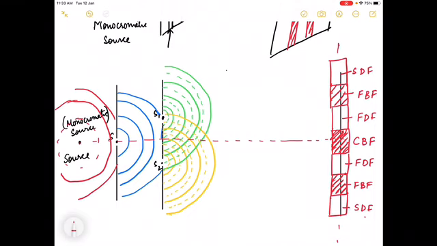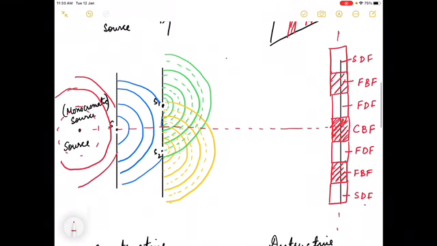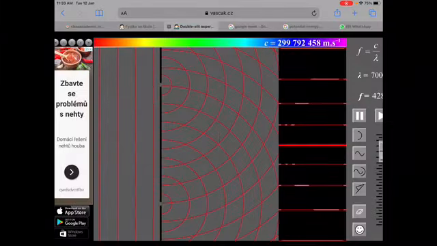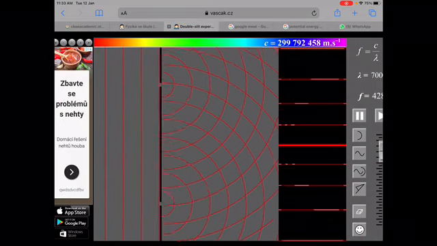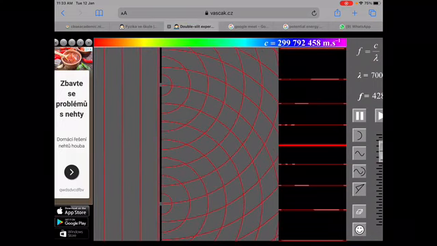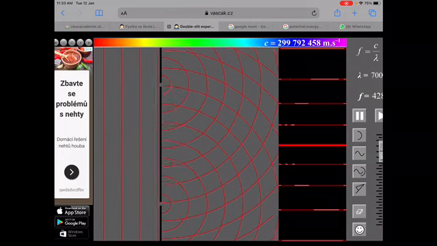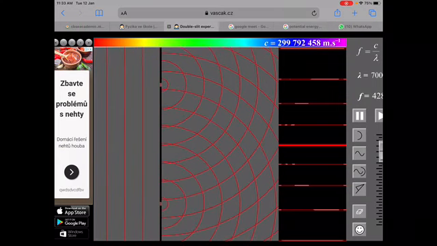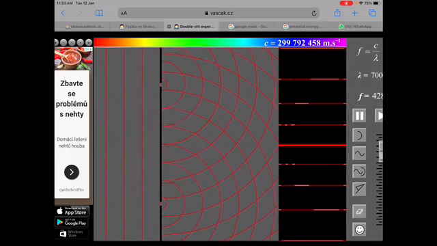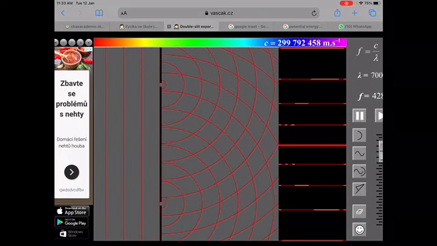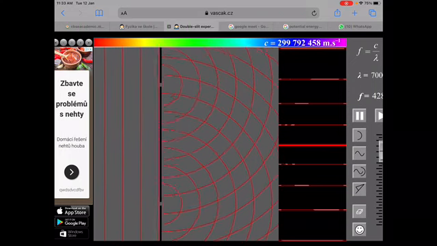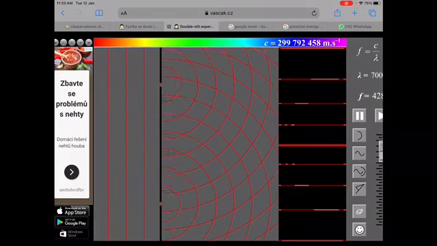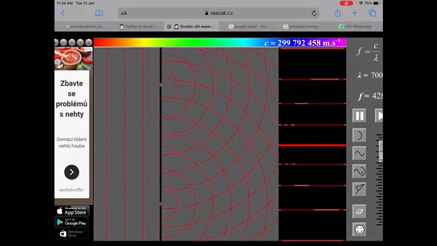I have a small simulation by which you can understand it more. Let me just take you there. So yeah, you guys can see, here is the simulation. This is the line that we were talking about. The waves are coming, and you can see interference is happening, and you can see the lines over here. I hope it would have helped. You can see the different alternate dark, bright, dark, bright fringes, yes or no?